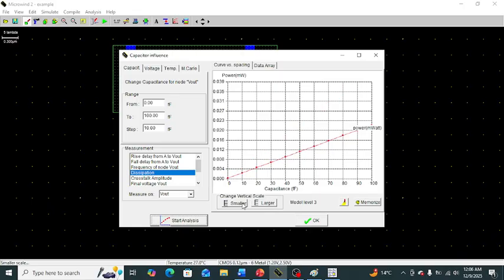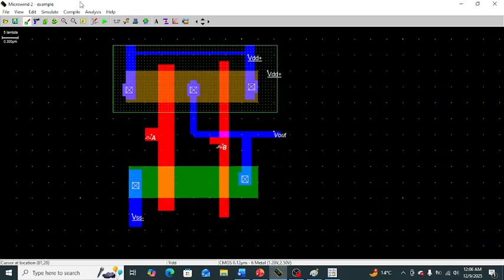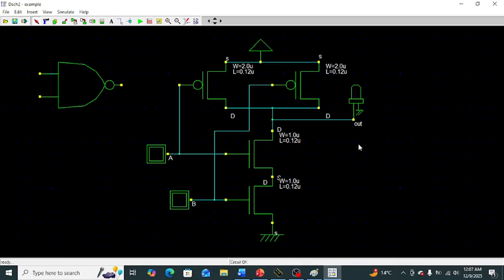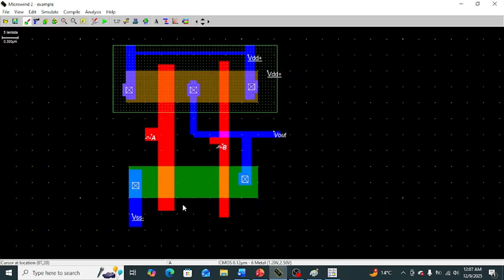This is the simulation diagram for power dissipation. In the same way, we can design any type of schematic logic circuit using the DSCH schematic editor tool and the CMOS layout of this schematic using the Microwind CMOS layout editor tool.